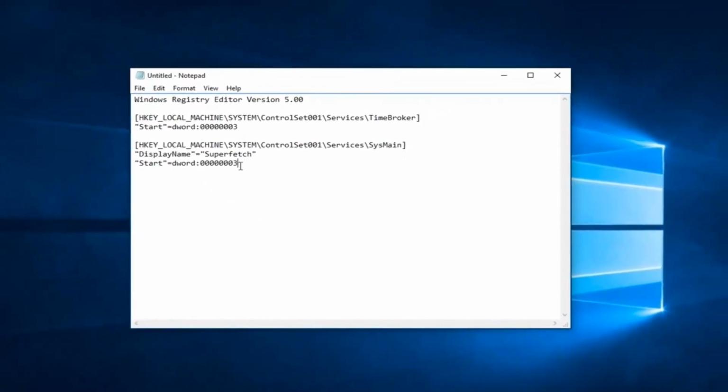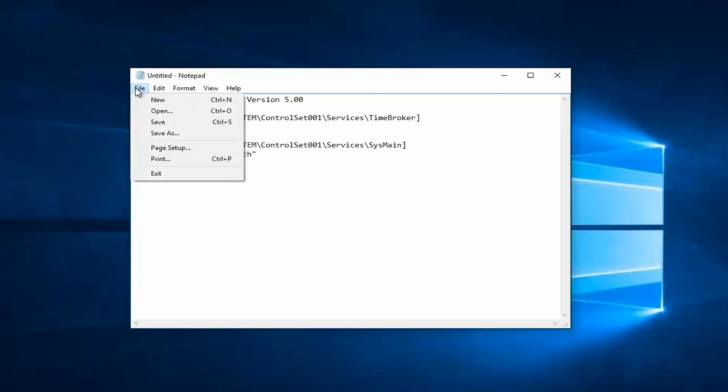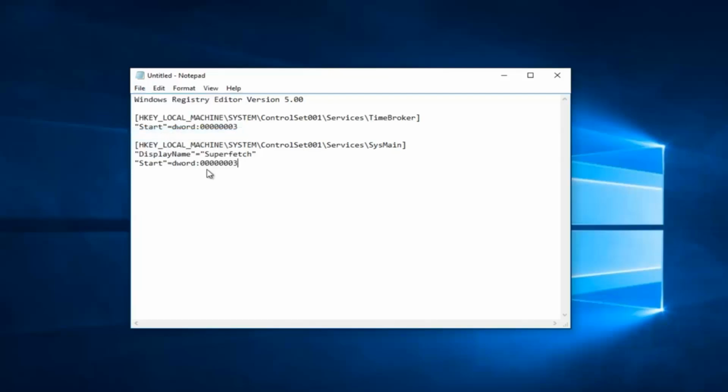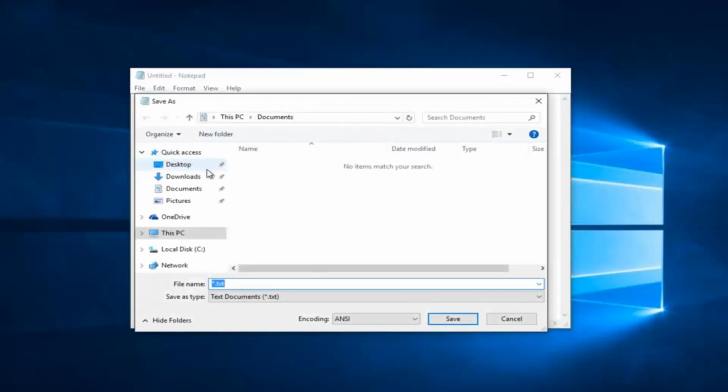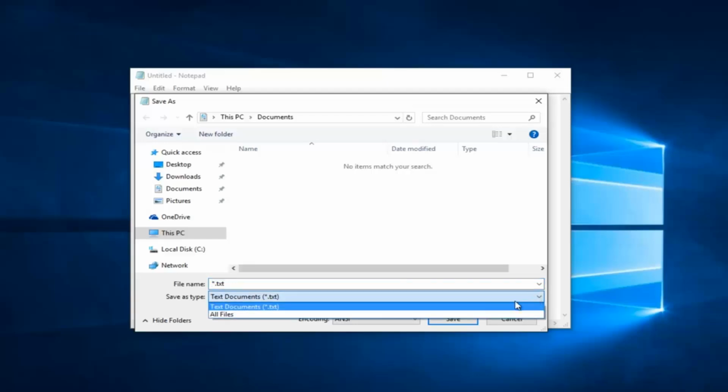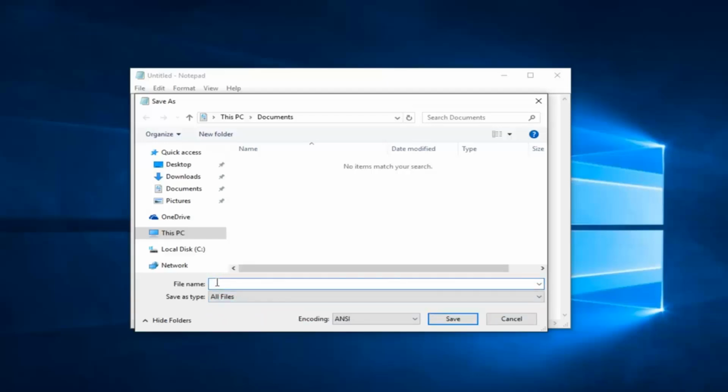And then once you've pasted this in, so right clicking and then pasting it in, or Control V to paste it, doesn't really matter. You would left click on the File tab at the top left, and then left click on Save As. Underneath Save As Type, left click on this little drop down arrow, select All Files, and then name this file whatever you want. Just make sure you do a .reg on the end. So for the example of this tutorial, I'm just going to say fixfile.reg,